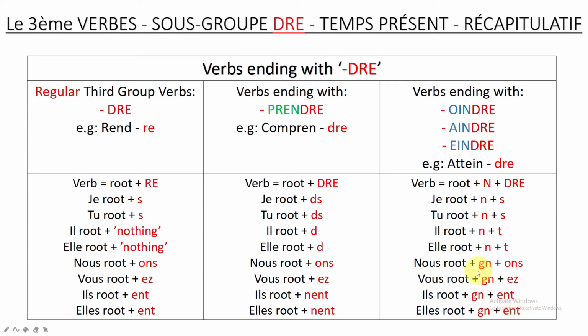So if you pay attention, from nous, vous, il and elle plural, that N changes to GN. Okay, that's why we said we need to pay attention to this one. Okay, so that's why for the verb itself, we'll divide it into 3 parts. So DR, then the N, then the remaining will be nothing but the root. Okay, this is very important. So let's do an example.